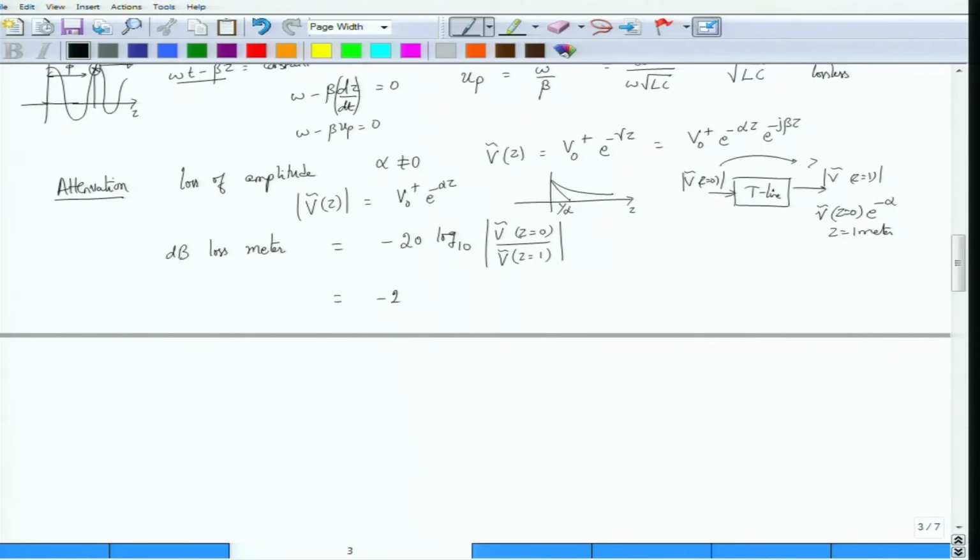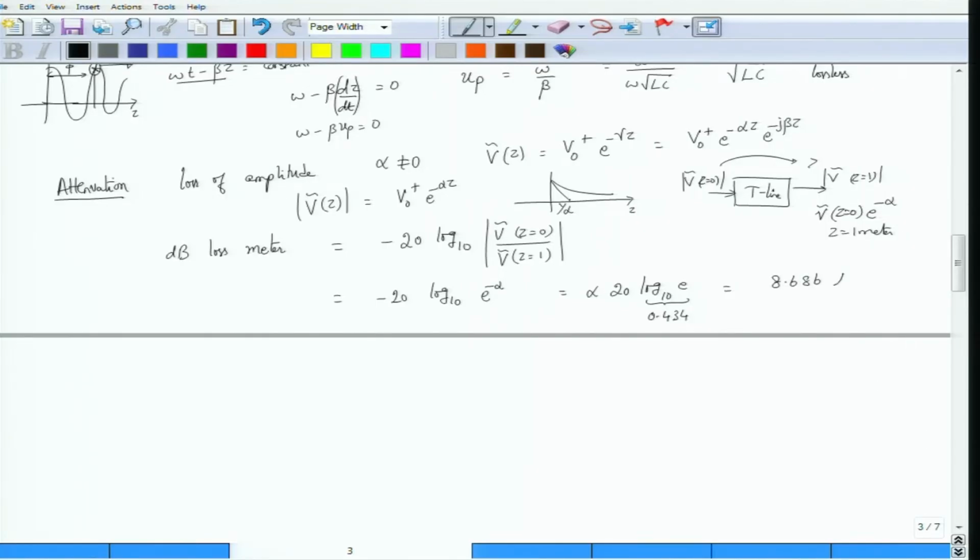What you get is minus 20 log 10 of V of z equal to 0, which is simply V0 plus, divided by V0 plus times e to the power minus alpha. Now you can rearrange this, or you can take the log of this thing. What you get is 20 alpha times 20 log to the base 10 of e, but this log to base 10 of e is nothing but 0.434. You can check the log tables, and what you see is that the dB loss per meter is actually given by